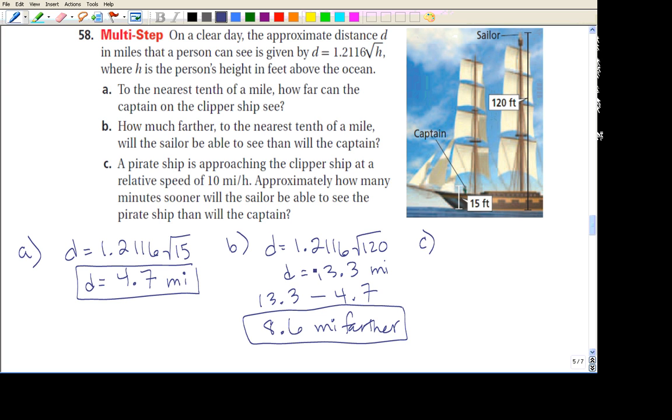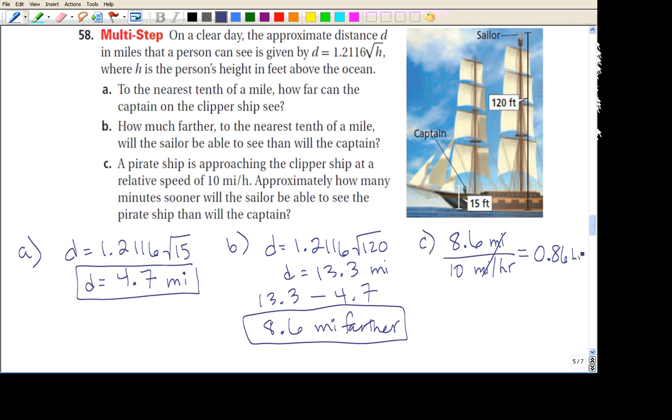Well, we know that the sailor can see 8.6 miles farther. So if we're seeing 8.6 miles farther, and the ship is coming in at 10 miles per hour, the miles unit will cancel. So we're just left with hours as the units. So I have 8.6 divided by 10 is